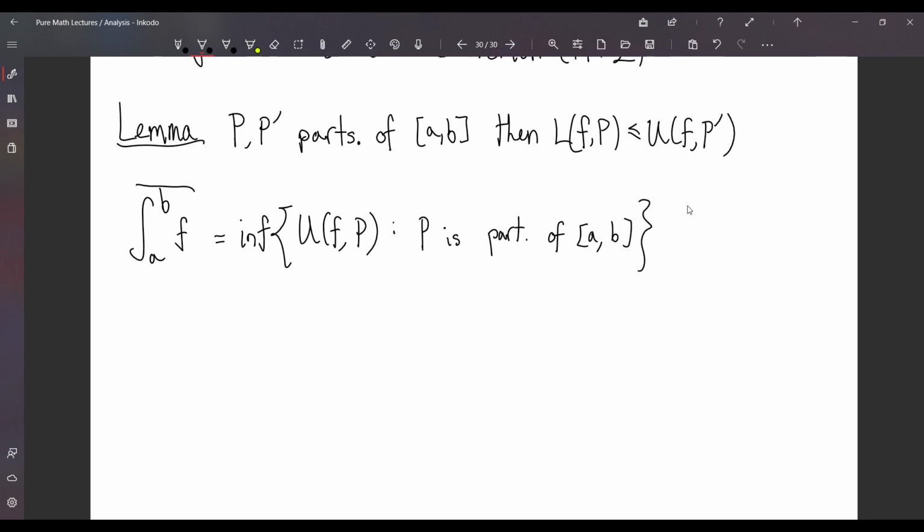So we look at the set of all upper sums for our function f, and we pick an infimum, right? And why do we pick an infimum? Because the upper sums are going to be like the bigger sums, right? So why are we picking a small upper sum? Well, I guess,